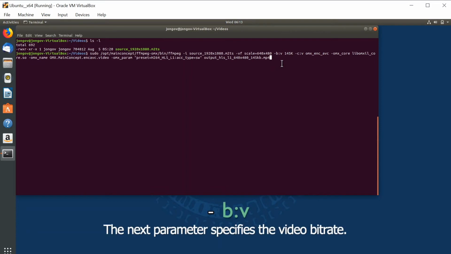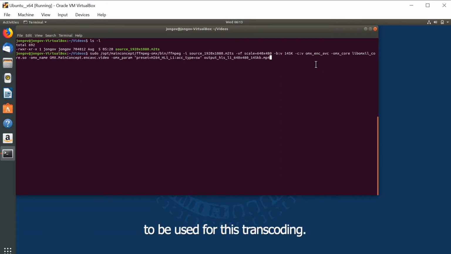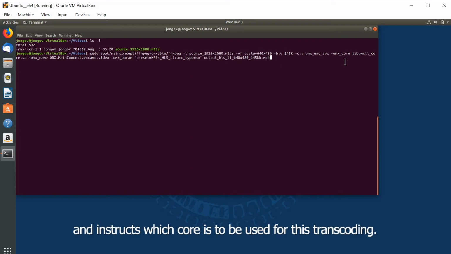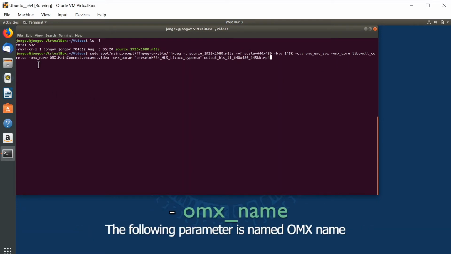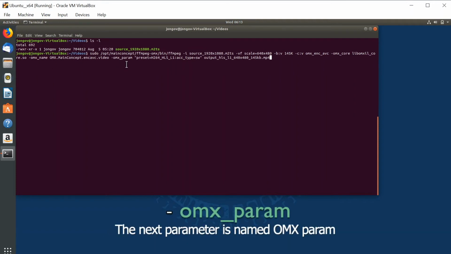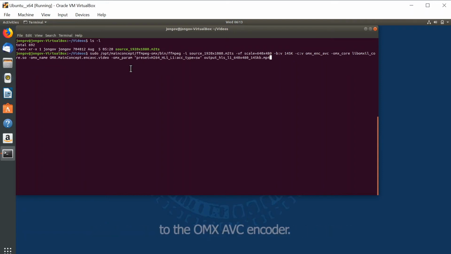The next parameter specifies the video bitrate. Next parameter specifies which video codec to be used for this transcoding. The next parameter is named OMX core and instructs which core to be used for this transcoding. The following parameter is named OMX name and specifies the name of the video encoder. The next parameter is named OMX param and can be used to pass one or multiple parameters to the OMX